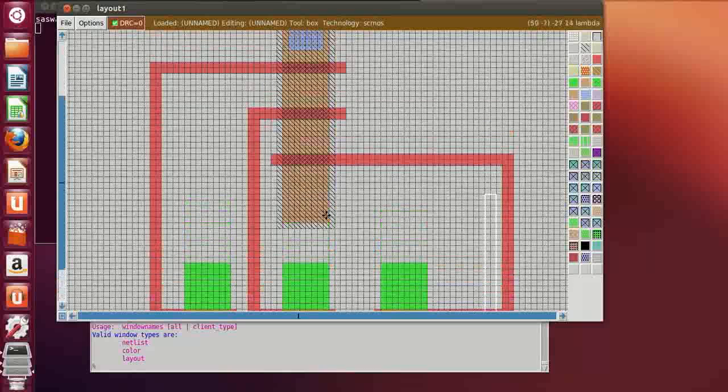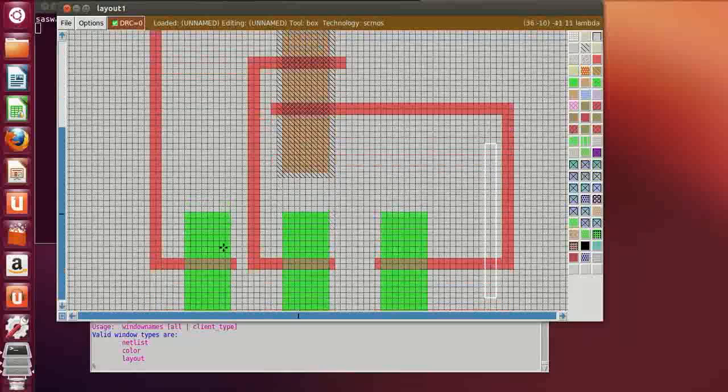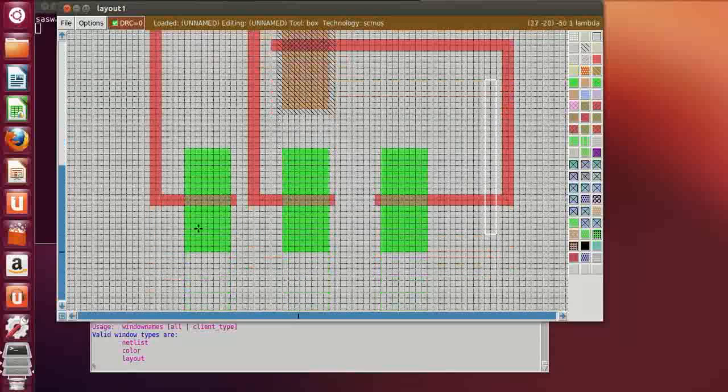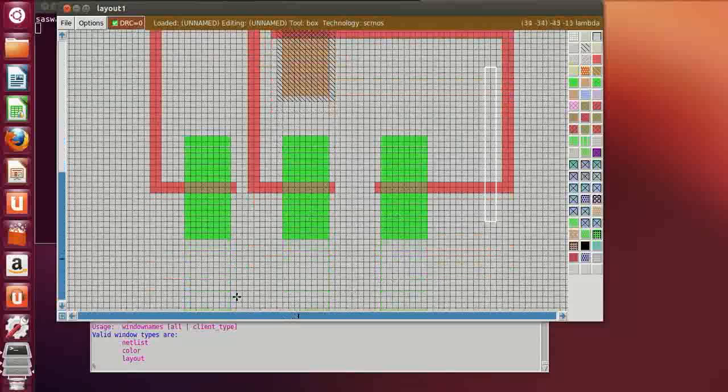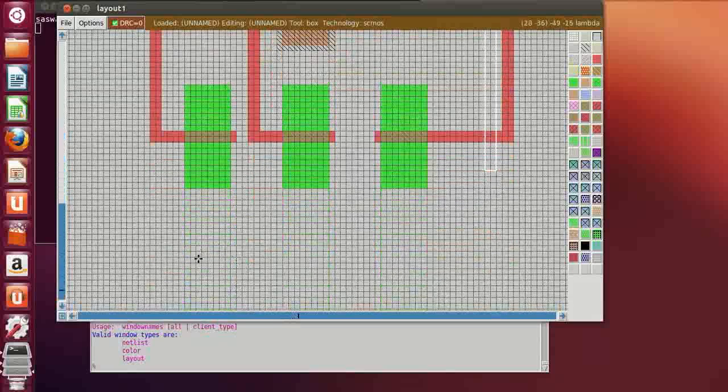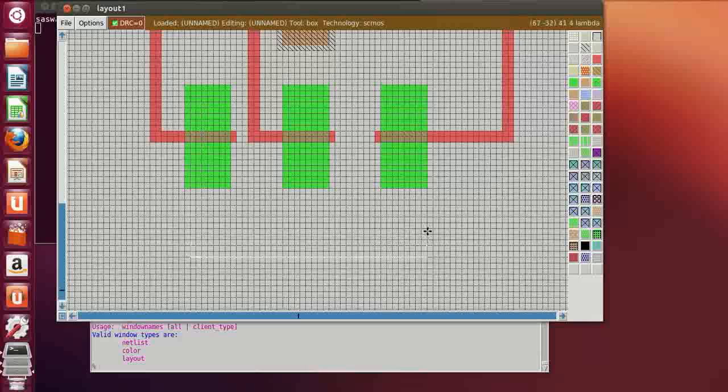Now these are the common portions, that is common source and drain. These three are the drain terminals, these three are the source terminals. So the source of the NMOS is always connected to ground. So select the area, middle click on M1, then